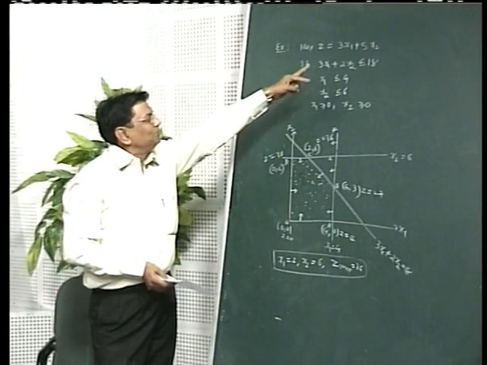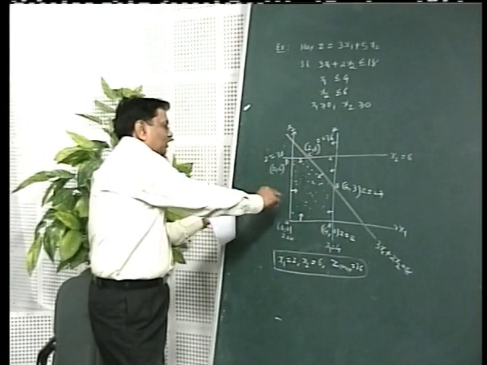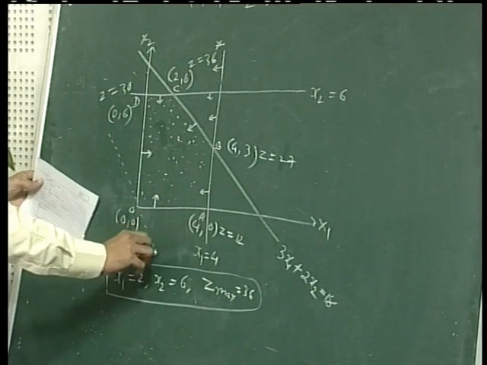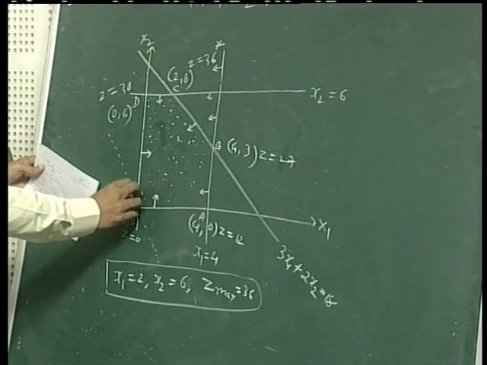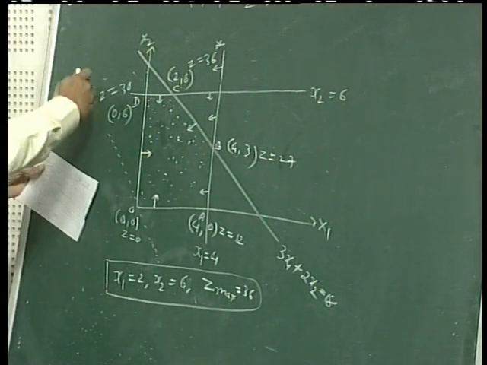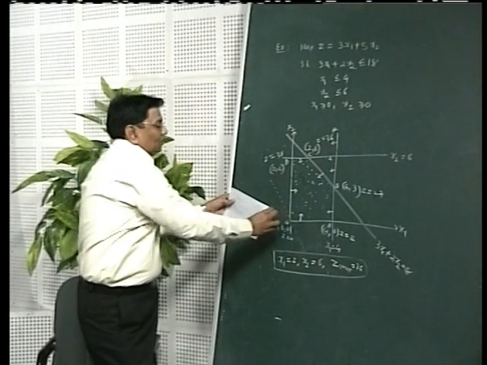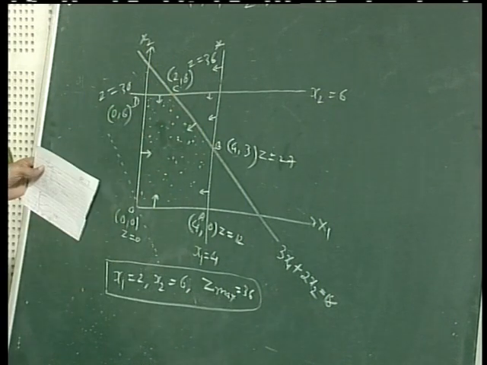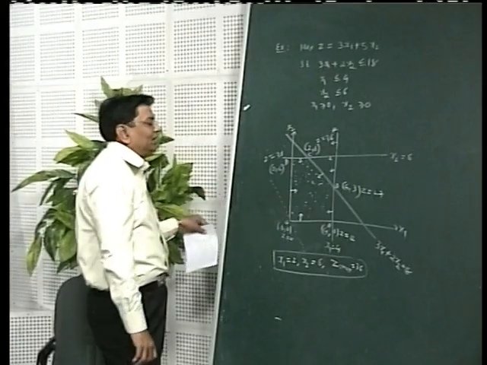So we get 3x1 plus 5x2 equal to 0. That will be a line passing through the origin. So a fictitious line will be drawn this way. So these lines are called isoprofit lines. And then this line is moved away from the origin and it is kept parallel to itself because we want to maximize the z. So the farther the line is from the origin, the more the values of z will appear, and as the line gets closer towards the origin, the value of z will decrease.